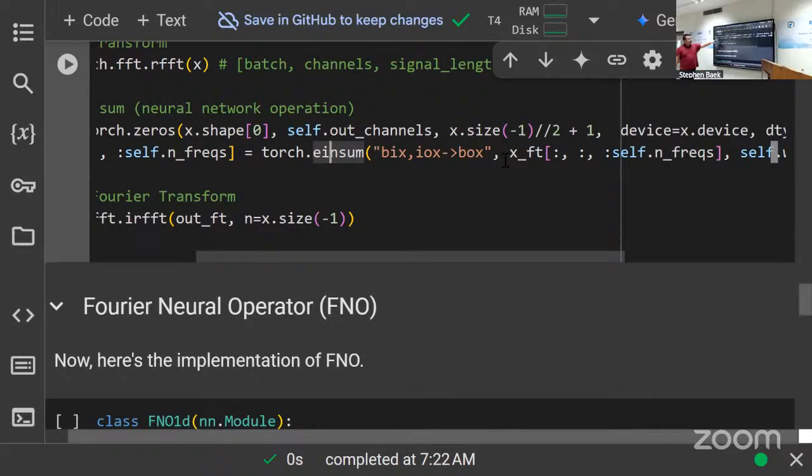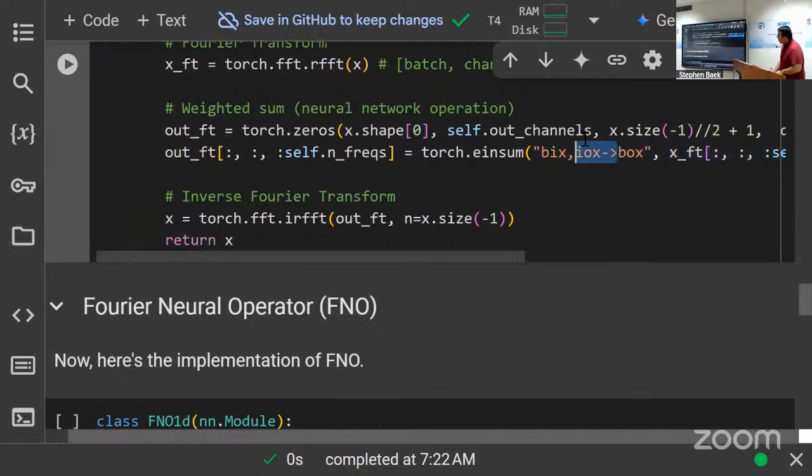So now that the einsum makes sense, let's go back to this code over here. So B, O, X are the indices that show up on the output side. And then the only index that's repeating and not showing up in the output is I. So we are basically taking the multiplication on the second axis of the first tensor and then the first axis of the second tensor. And this is that